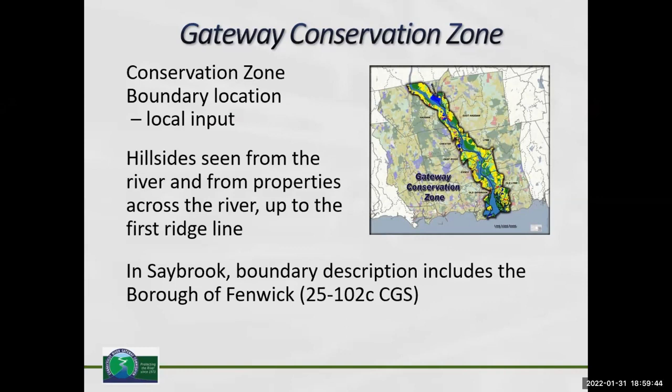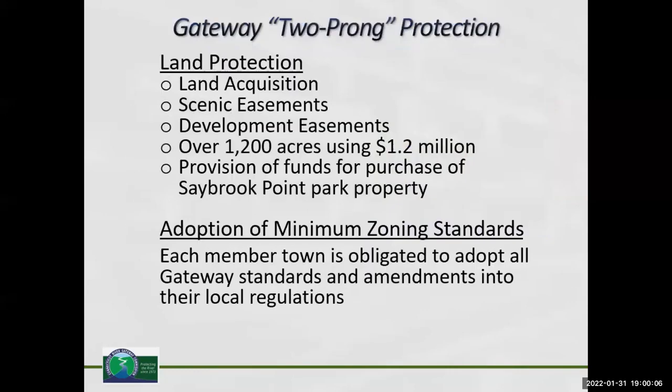And the conservation zone, simply the hillsides that you can see from the river and from properties across the river up to the first ridge line. In Saybrook, that boundary description includes the borough of Fenwick. And basically that's a map of the 8 towns that shows the colored area that is the conservation zone boundary. You can't really see much from that particular